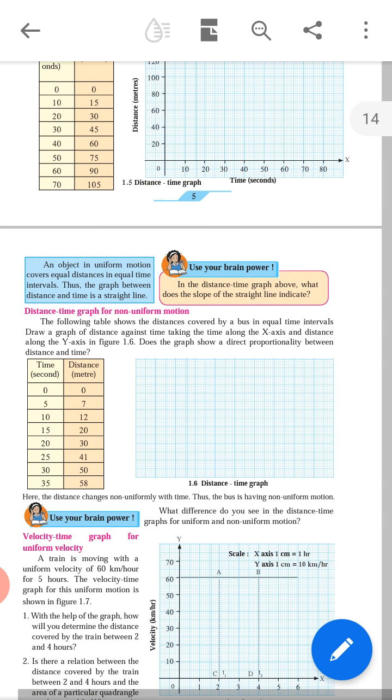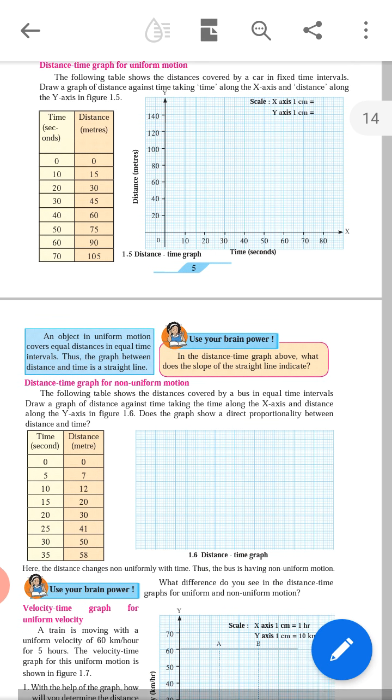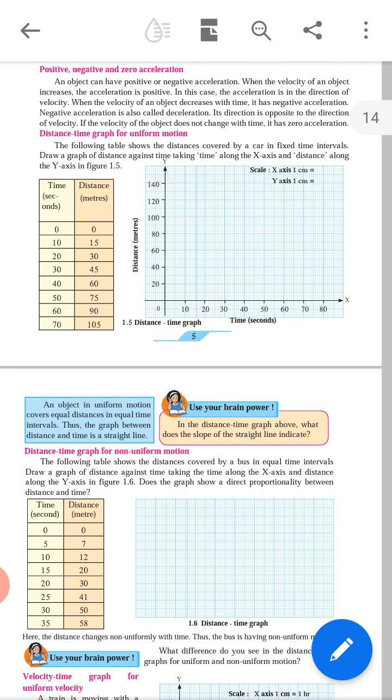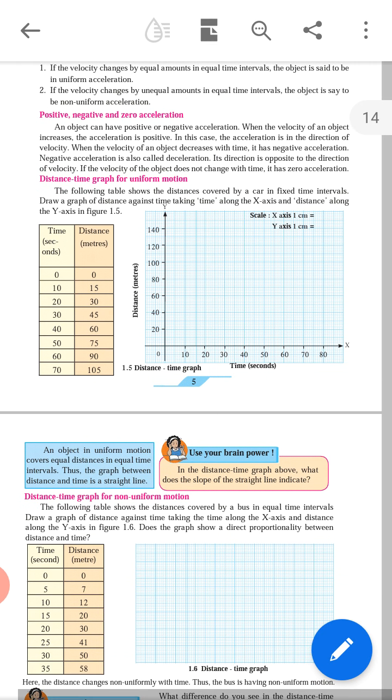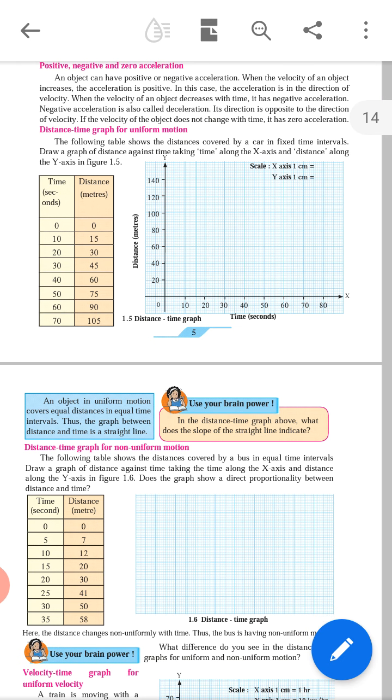It means the object covers unequal distances in equal intervals of time. You can compare the tables of both. See, in first table,